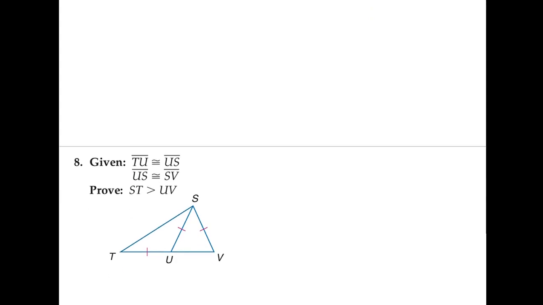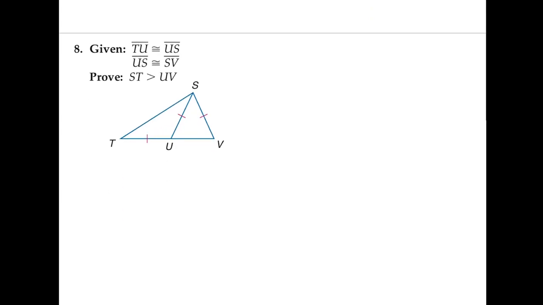Cool. All right, so let's do another one. This one may be a little trickier, okay? So let's see. Here, it looks like we've already got two congruent sides, and we've already got two congruent sides. So it looks like we're pretty set up here. We want to prove that this side is bigger than this side. Well, it looks like we're exactly set up. How can we do that? So remember to do that,